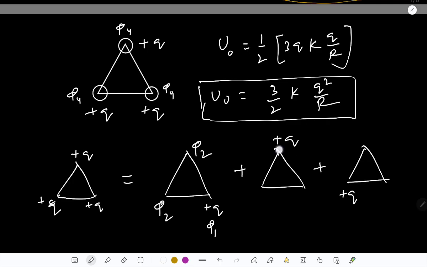We can say that the potential of the ball here must be phi 1, and these two will be phi 2 and phi 2. And same case here, so that the system given in the problem is equivalent to,